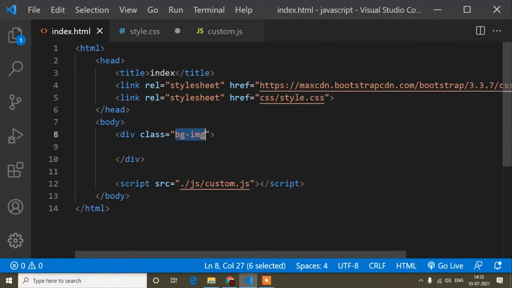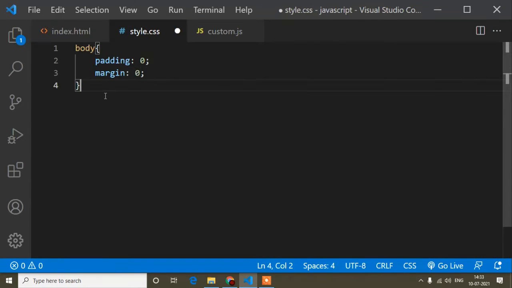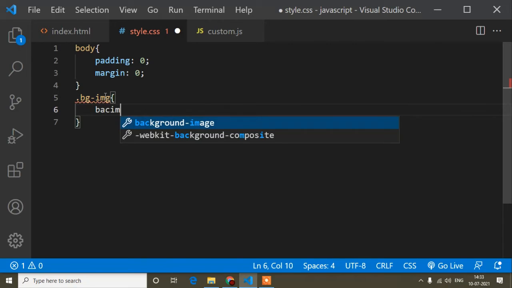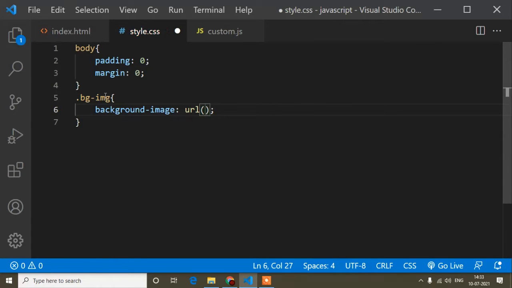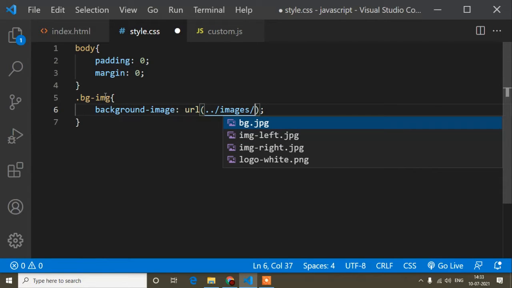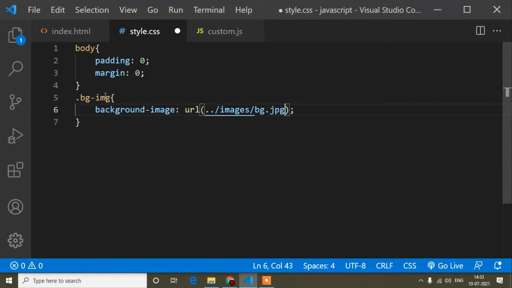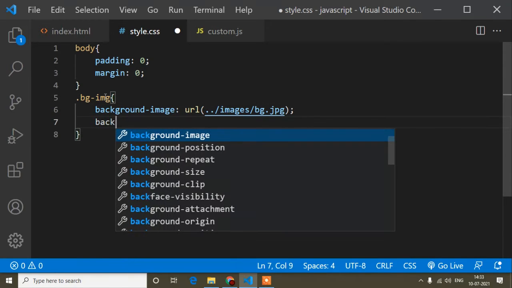this bg image. So in this class I will add our background image. First of all, here I will add background image URL. This is the CSS property for adding a background image, and here, guys, I have already stored some background images and other images. Okay, so you can find those images on Google easily.